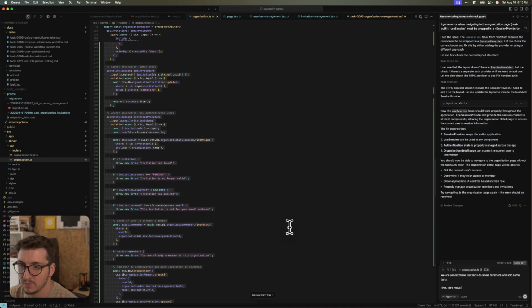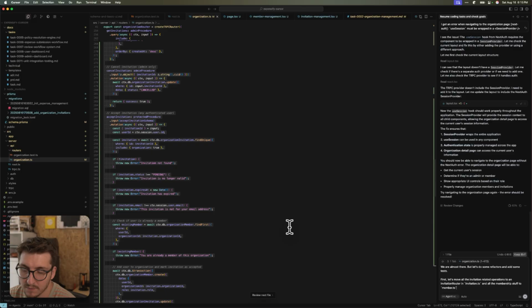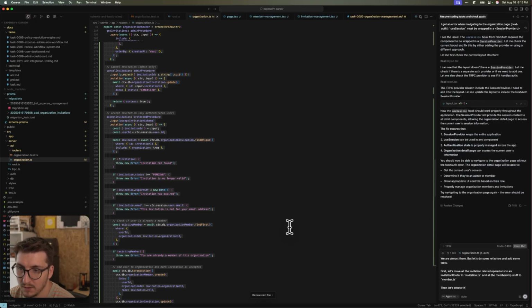First, let's move all the invitation related operations to an invitation router in invitation.ts, and all the membership stuff to member.ts. Then let's create the test for